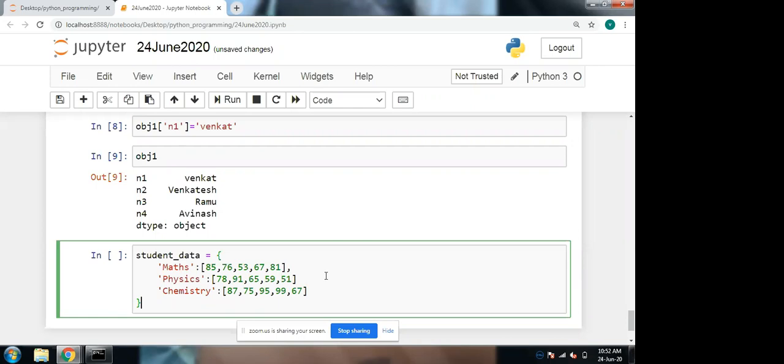So I have completed creating this dictionary. From this I'm going to create a data frame. The data frame is also from pandas.